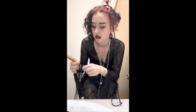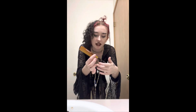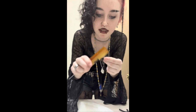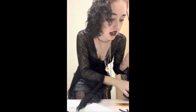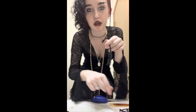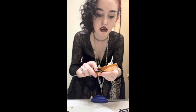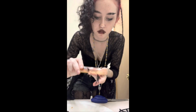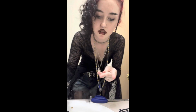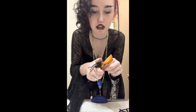Take a pet brush, a comb, a brush, literally anything. So I'm gonna take these extra bits of hair, or these pieces for my next braid, off, and you're gonna just brush this out. This is why I like using yarn, because this has a texture that is really similar to my acrylic hair. And I'm gonna trim this really long one to be the same size as the other long one. So now we have 2 short ones and 2 long ones. Start at the top, work your way down to the bottom. Pieces of the yarn will come out. That's just how it is. But I just kind of do this